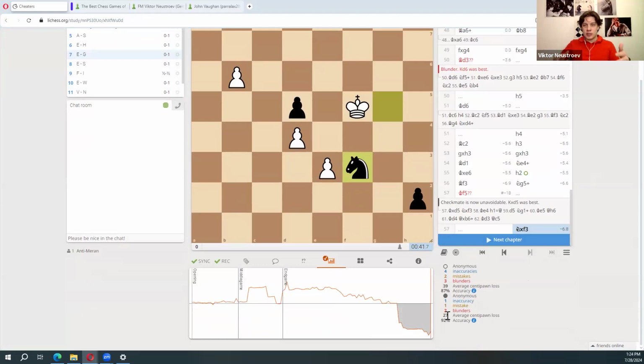But this was a very tough endgame where calculation was required. And the game consists of 57 moves. It's a lot, so 39 with a lot of inaccuracies, mistakes, and blunders is common.